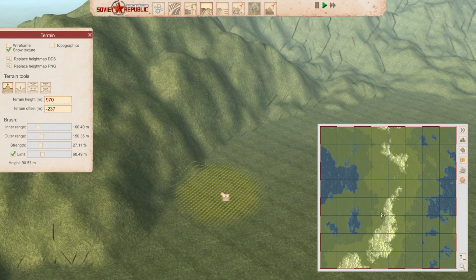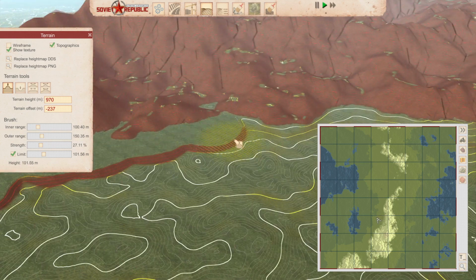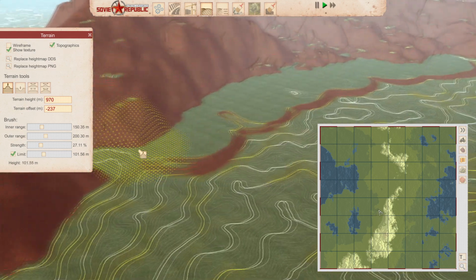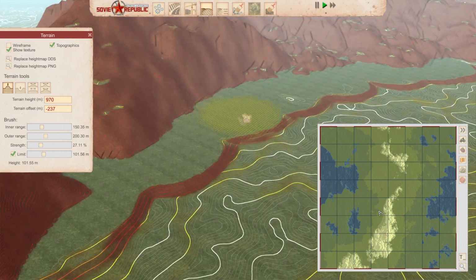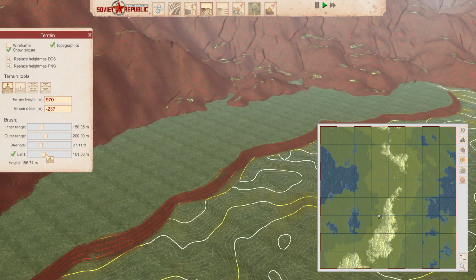You can see here the height is about 93 meters. So if I take this up to 101, yeah, I'll put the topographic on because it makes it easier for you to see. But if I just put a platform out like this, you can see all it will do is lift the ground to a certain point, and then if we increase it a smidge more,